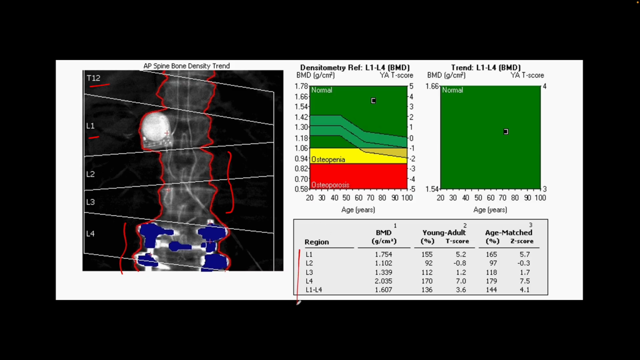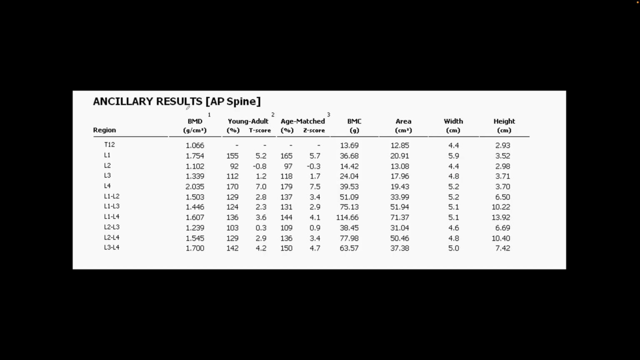And so the ancillary results that also are available as a part of the analysis show that the L2, L3 vertebral body has a density of 1.239, a T-score of 0.3, which is normal, and the Z-score of 0.9. And so because the T-score is normal, we can call L2, L3 normal bone mineral